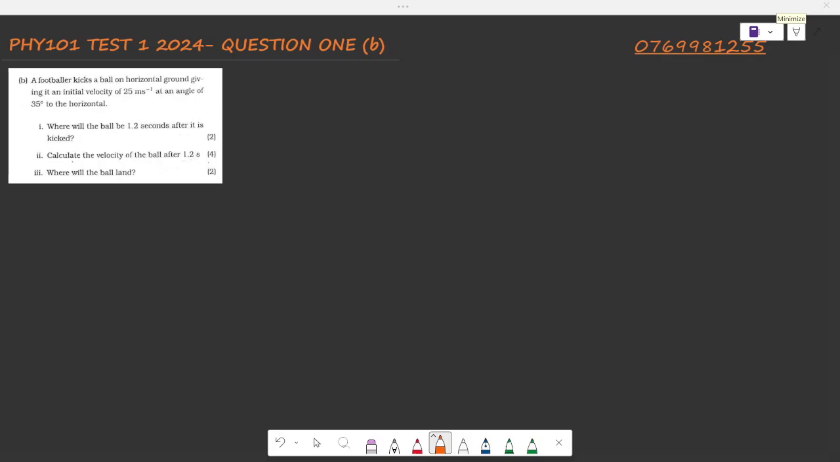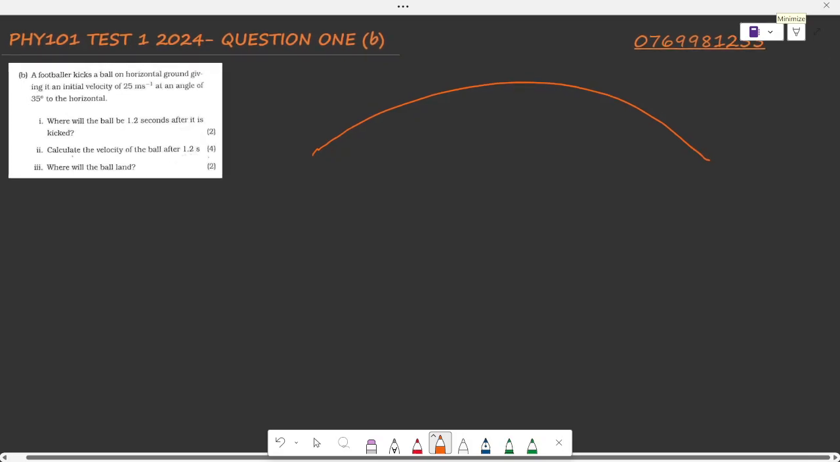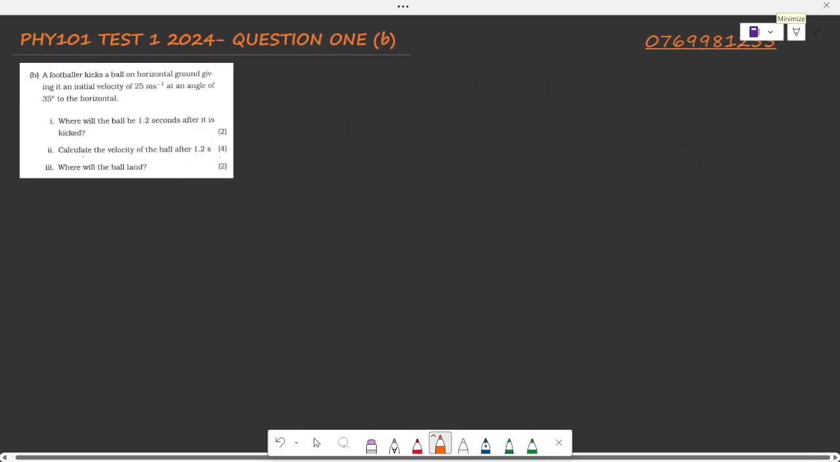Okay, so in this question we are being told that there is a footballer who kicks a ball at a velocity of 25 meters per second and at an angle of 35 degrees. To represent this visually, we're looking at something like this. Let me start with the footballer first. Okay, we have a footballer here,